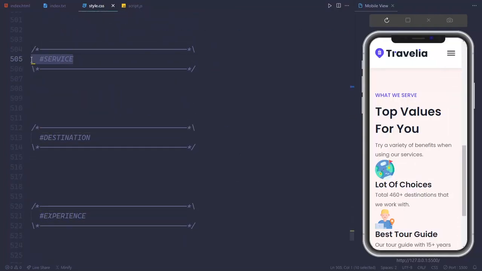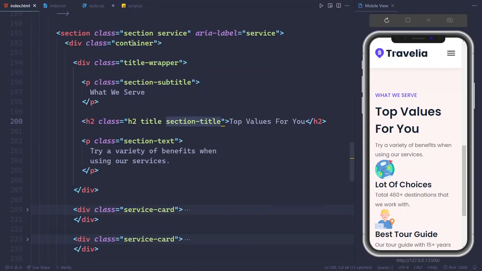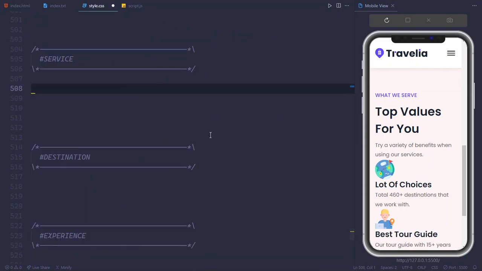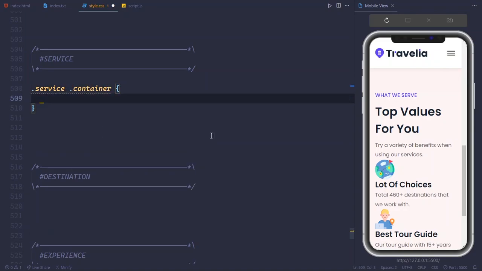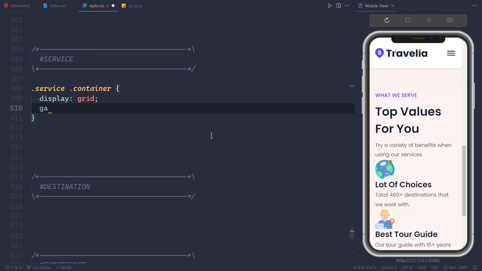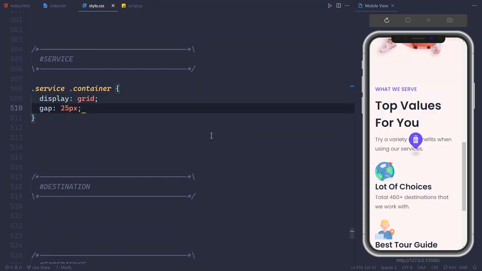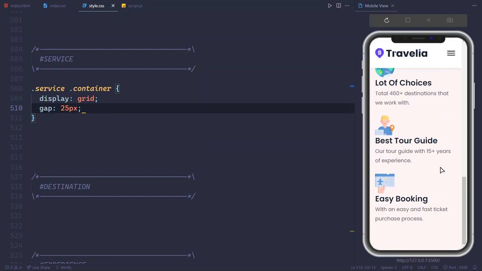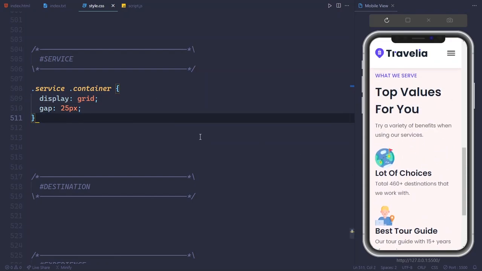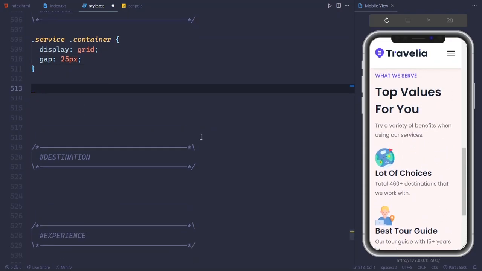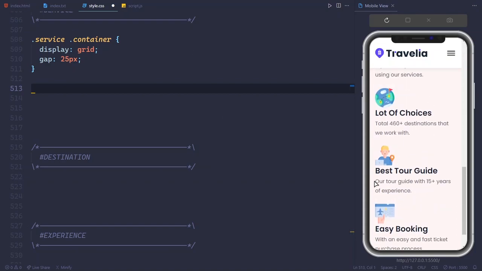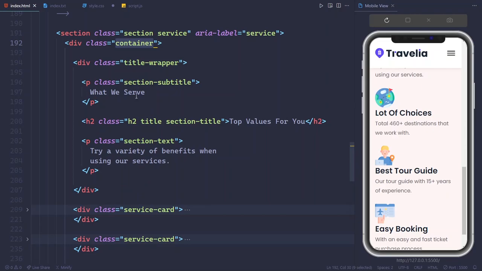service section. Alright, and now select the container inside the service. So service, and inside the service container will be display grid and gap 25 px, like this. And now we can set the color of the different card. So select the service card,